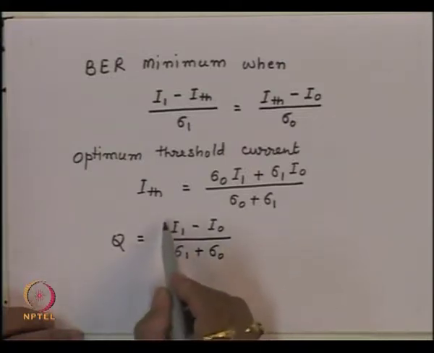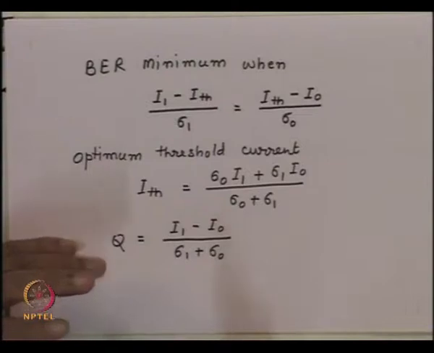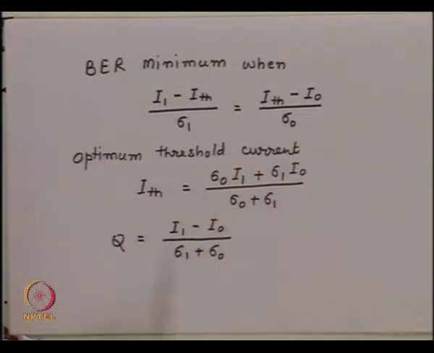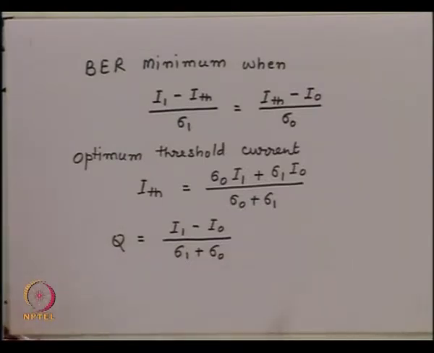We have also seen that this quantity is related to the noise margin of the data, because I1 minus I0 essentially gives you the swing between the two levels, and sigma 1 plus sigma 0 gives you essentially the encroachment in this swing because of the noise. So, this quantity Q essentially determines the quality of the data which we measure in terms of the bit error